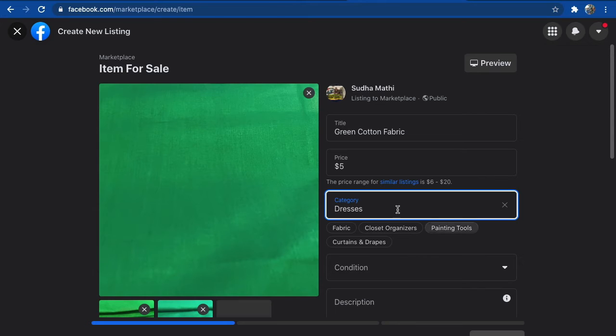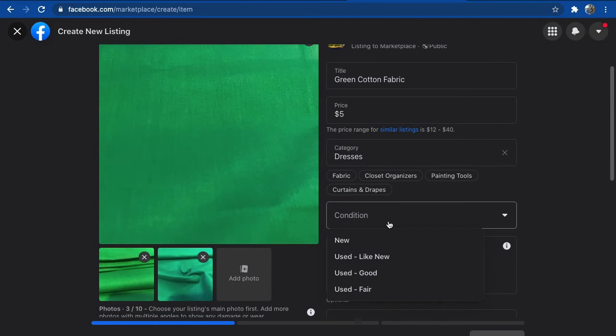I'm just choosing a related category. And what is the condition? There are 4 conditions shown: a new product, used but like new, used but a good item, and a fairly used item. You have to choose one.